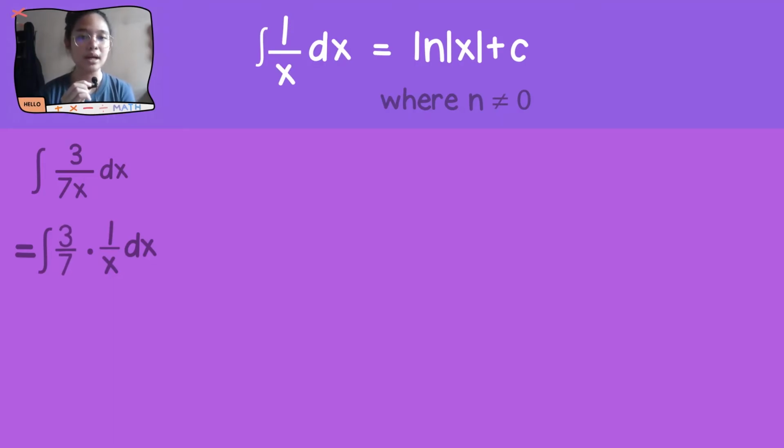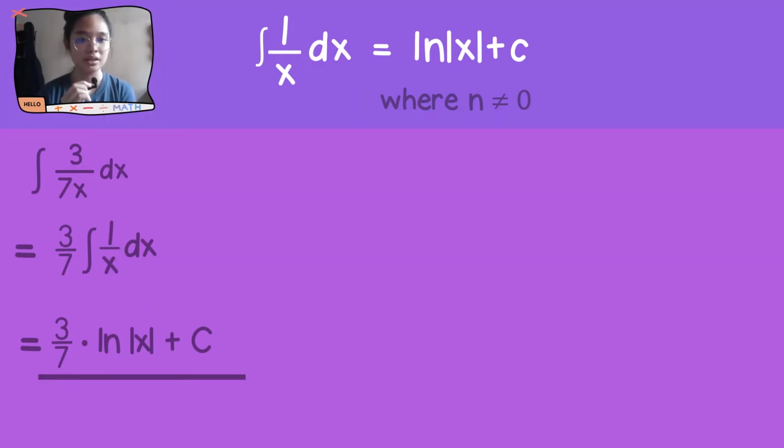Now we have two items, which are 3 over 7 and 1 over x. Since there is a constant in the indefinite integral, we need to take that out by moving the position of the integral symbol, or the constant. And now, what we need to get is the integration of 1 over x dx multiplied by the fraction, or the constant. Now, we have a value of 3 over 7 multiplied by ln absolute value x plus c